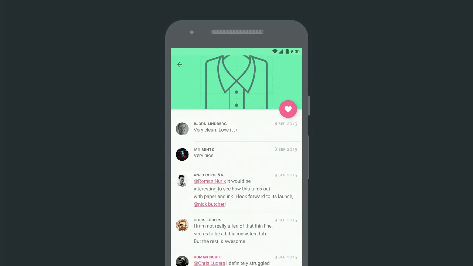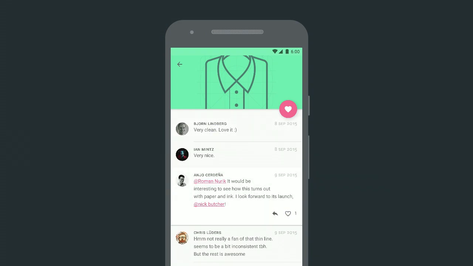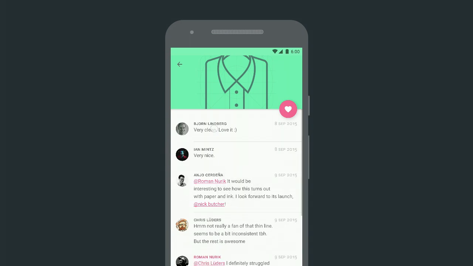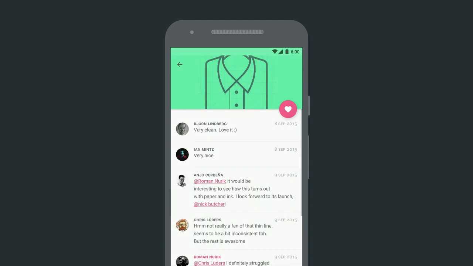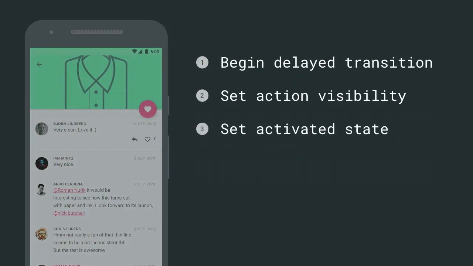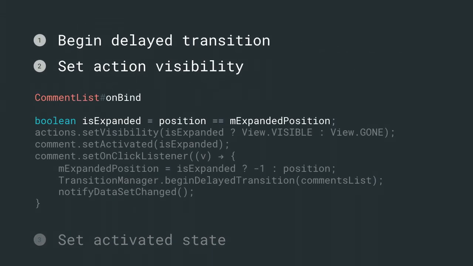So using the idea of surfaces here, I think helped, because as you tap on a surface, we have this idea that it raises up, it gets some elevation, a little drop shadow underneath, and the comment actions reveal themselves. So again, I feel surfaces help to make it a cleaner presentation. And building it was pretty easy. There are 3 steps to it, which I'll walk you through. So firstly,